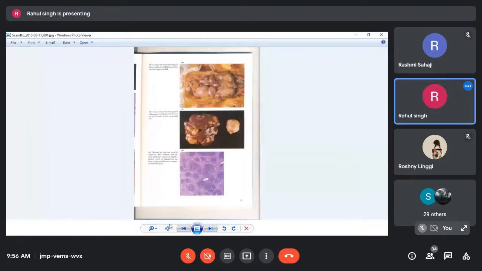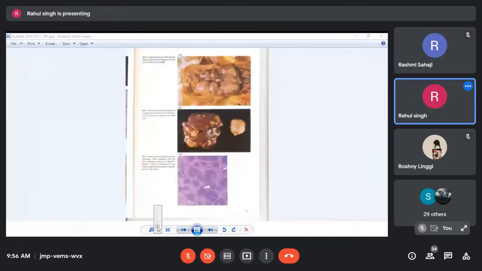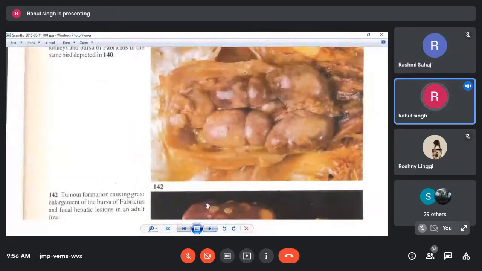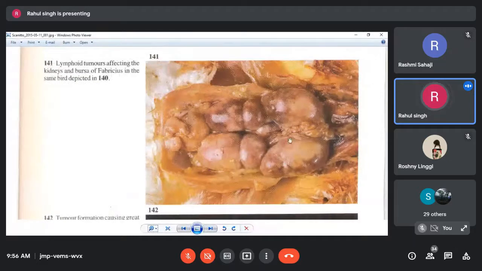All right. And in the same way, these are lymphomas in the kidneys. These are the kidneys, kidney lobes. We have seen the nephritic kidney, the normal kidney, but you see tumorous kidneys here. The lobes have enlarged, tumorous. You can see development of lymphomas also in the tumorous kidneys.